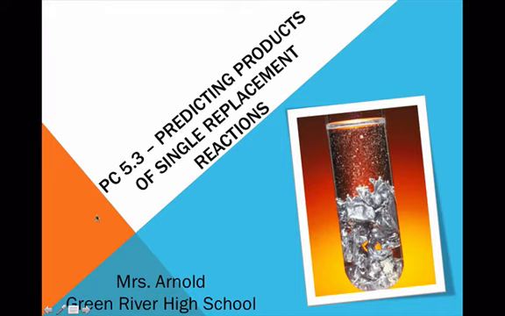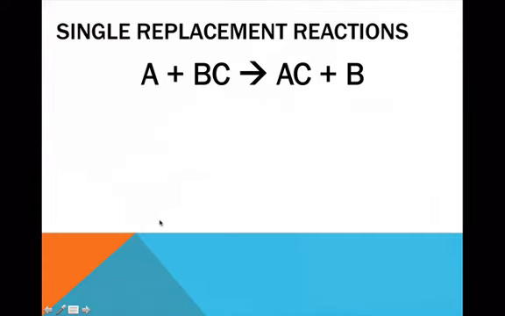All right, this is Chemistry Podcast 5.3, and we're going to talk about how you can predict products of single replacement reactions. So you need to remember back to what a single replacement reaction is. And the general formula that I gave you earlier was A plus BC gives you AC plus B. What you need to remember is that you have an element and a compound, and then two things are going